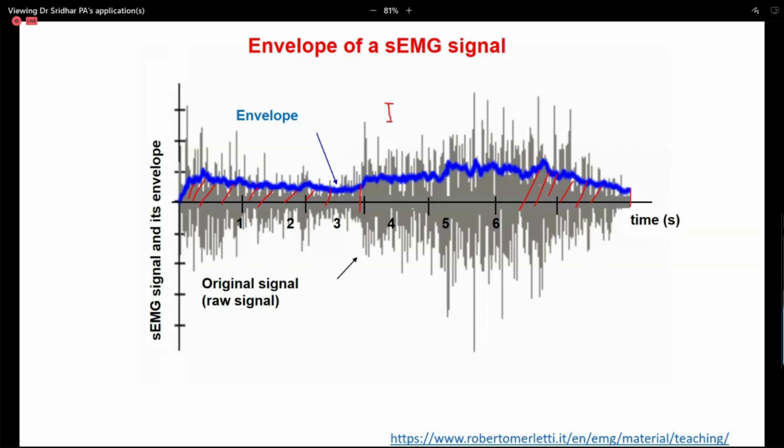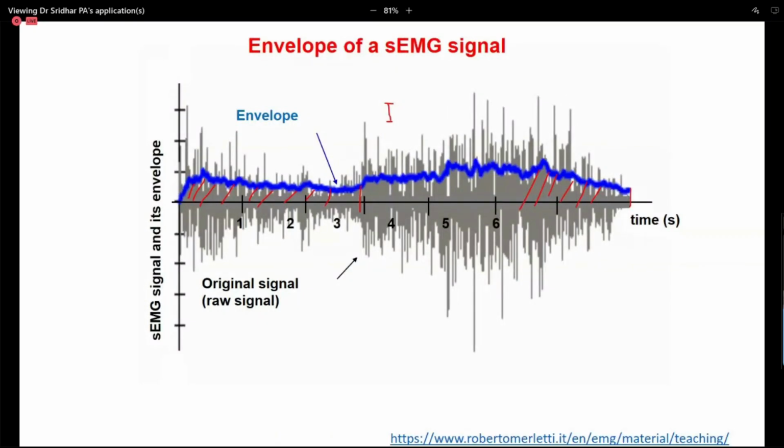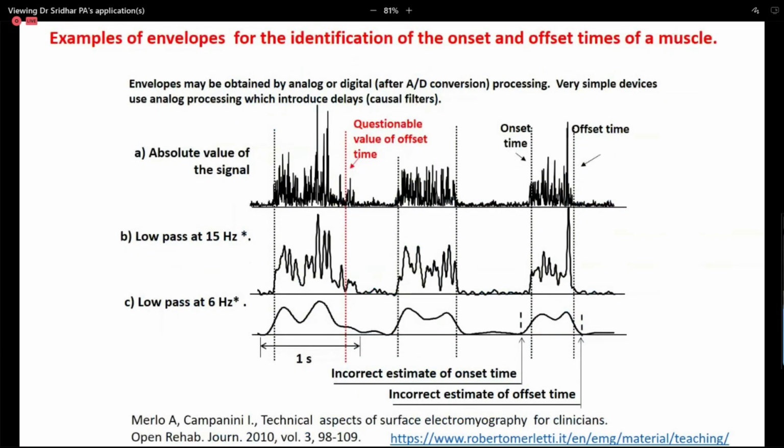This is related to how high or how low the contraction is with respect to the muscle activity. So why are we looking at muscle activity? Because every pain related to muscle, or every physical rehabilitation, is related to how the muscle gets activated. Similarly, this envelope can also be processed by having a simple